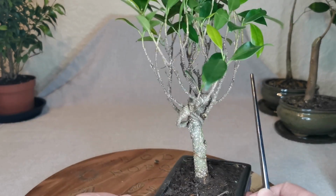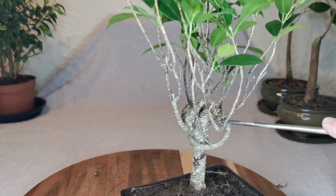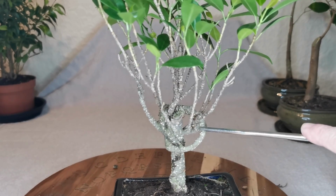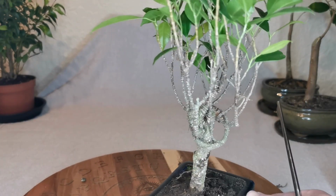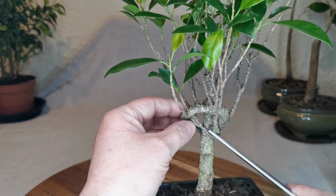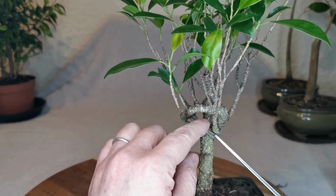So let's have a look at the other one. Is that one also dead? I think it is, isn't it? That's the end there. I don't know if you can see that. I've just got the end of it here. It's just right there. So the second one can actually be cut off as well. So they're crossing over, so I must make sure that I cut the right one off, which is this one, the higher one in the middle here,